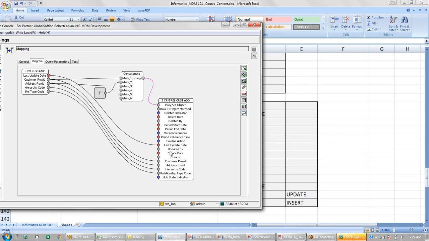Okay, one second. What is the third one? 1, 2, 3. PK source object. One is last update date. No, source last update date, SRC LUD date. Yeah, okay. It means this column, last update date, will go into the SRC LUD date in the cross reference table. Okay, what is the third one? And the system name will go into the row ID system value. Okay, okay. Yeah.